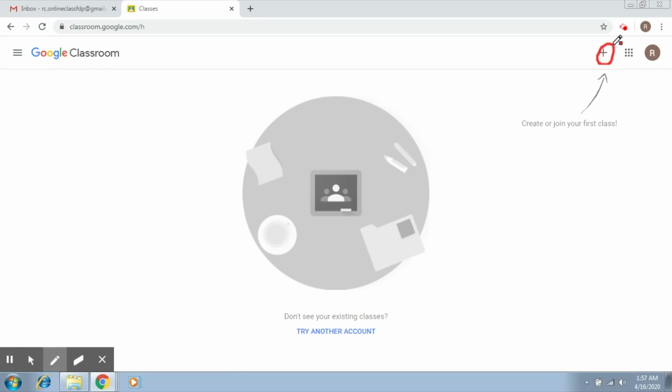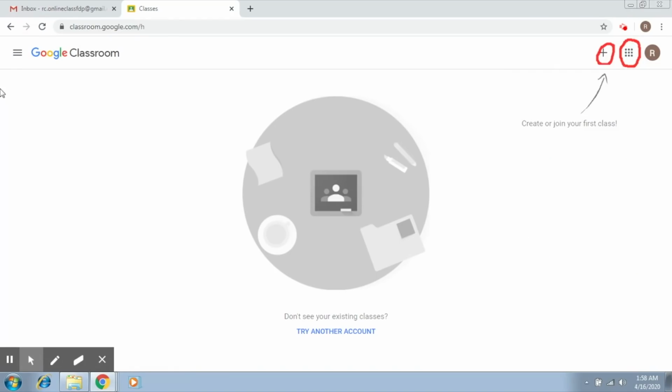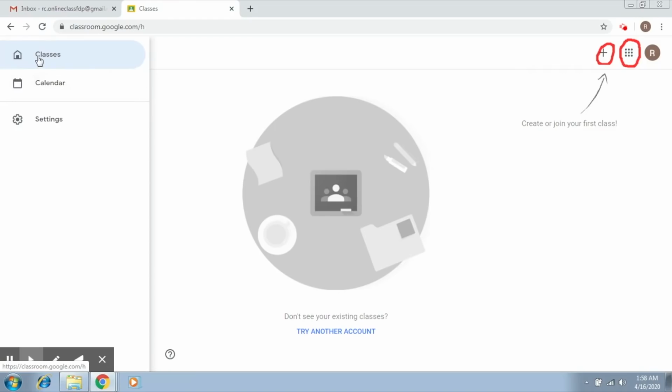Now you'll be able to see this plus, click here. Now here you will be able to get two options, either to create a class. So if you're a teacher, you will be creating a class, or to join a class. Now this will be for your students. Now here you can see the mandatory set of apps that you get with Gmail. Of course, here you will have a drive wherein all your data will be stored, whatever you will be uploading to this classroom. Now here you have a set of classes that you can visualize once you create several classes. We'll be doing this once we set up a class.